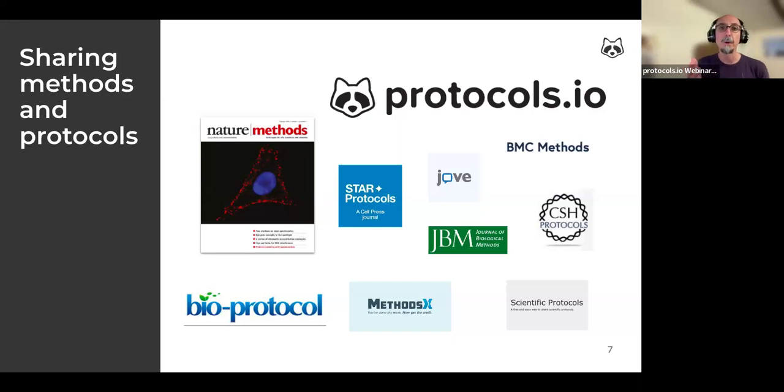It seems, therefore, that we are now in a place where journals, funders, and many researchers have started to realize it is not just code and data that we should be sharing.